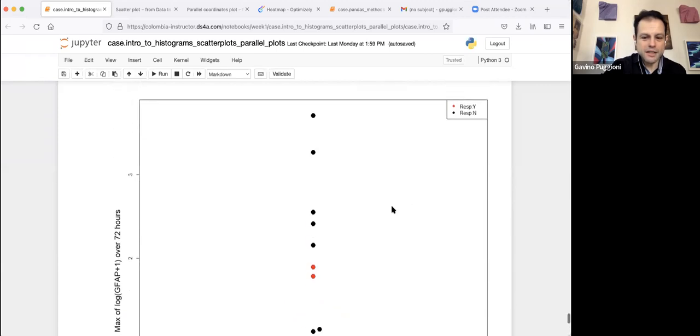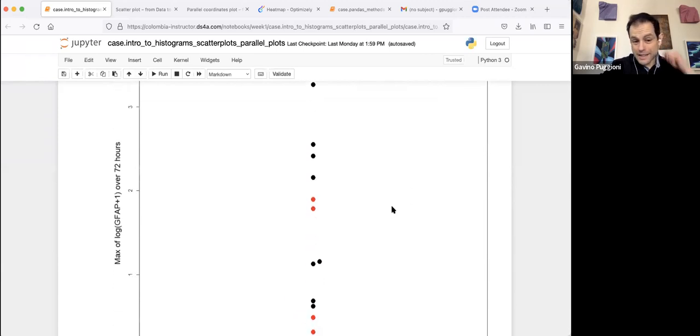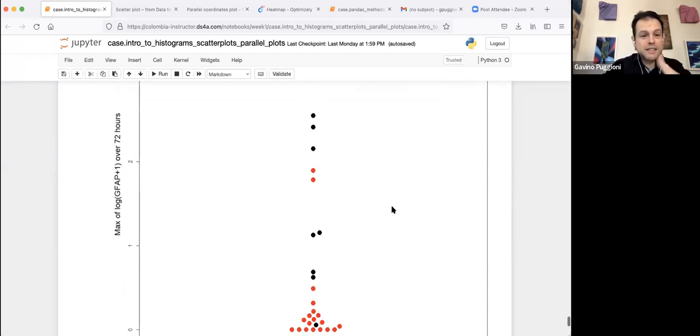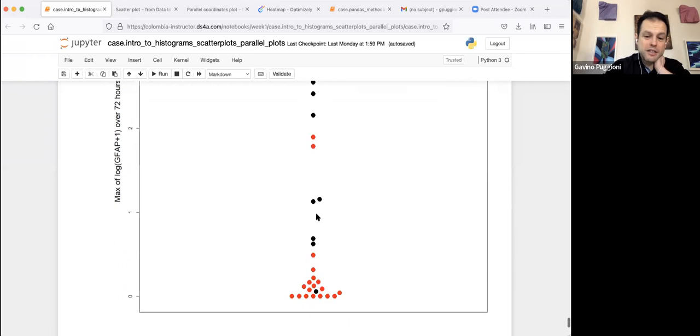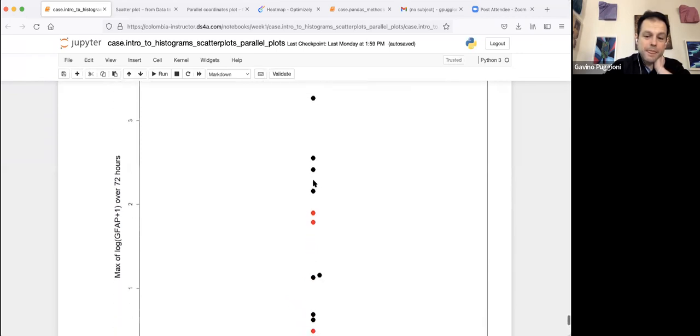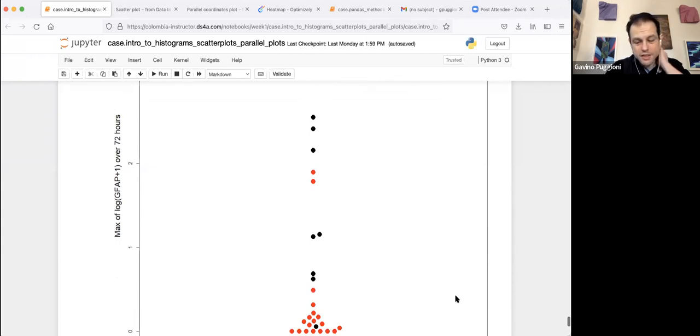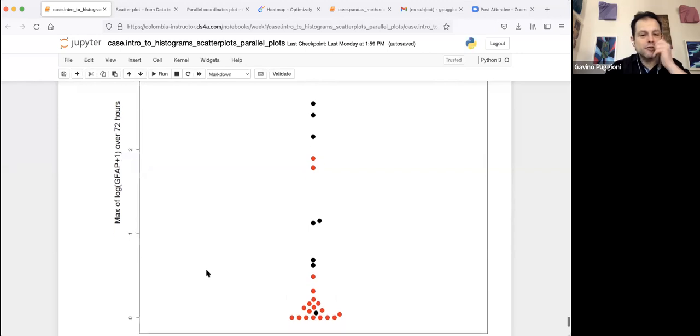Well, now we can see that just by looking at the maximum over 72 hours, we get a much better separation between the red dots and the black dots. So if we have the threshold at 0.5, the 0.5 would go right here. And so you would only have 3 cases that actually will recover, while you still have 1 point here that did not recover. So yeah, we also have to consider